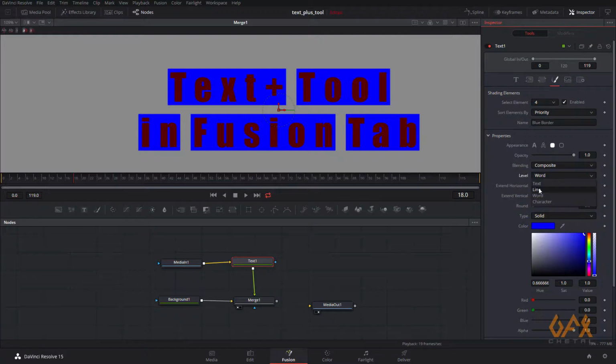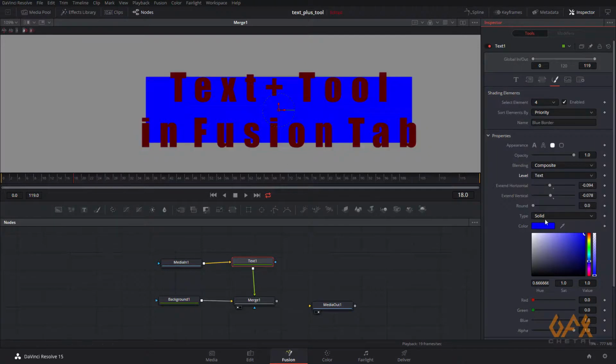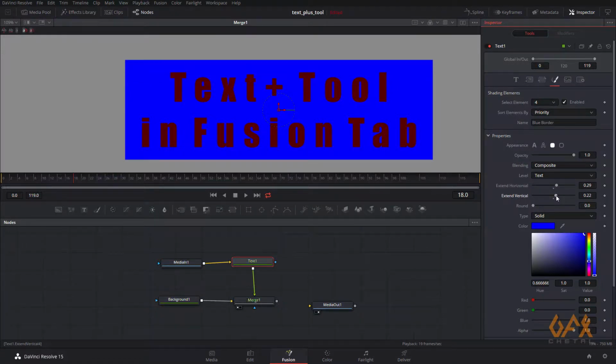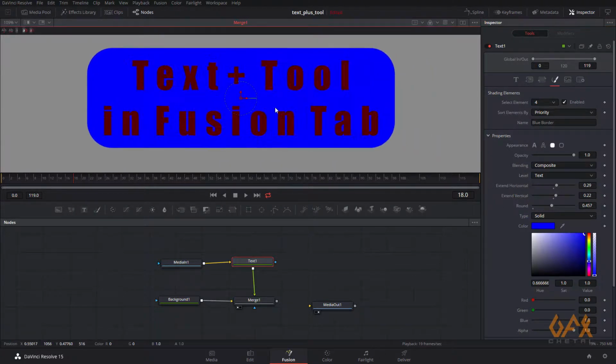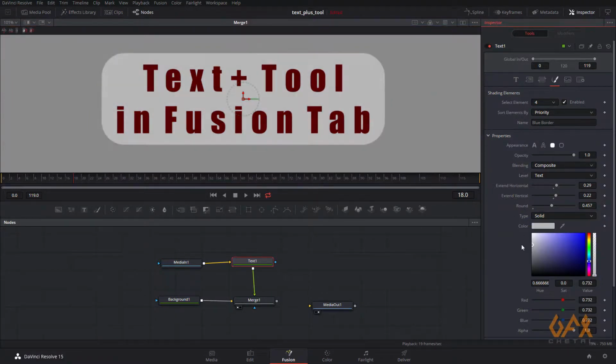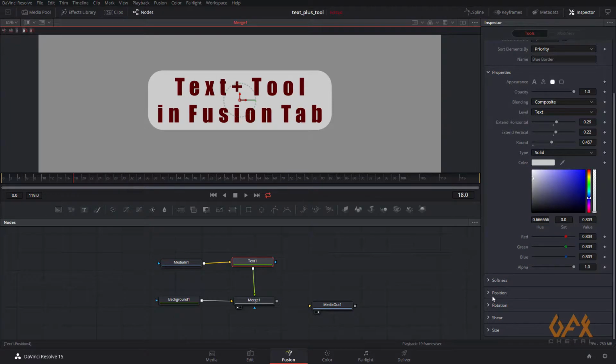If I set it to line, if I set it to word, if I set it to text, now increase the size. Okay, even you have some good options like roundness. Even you can add some softness over here.